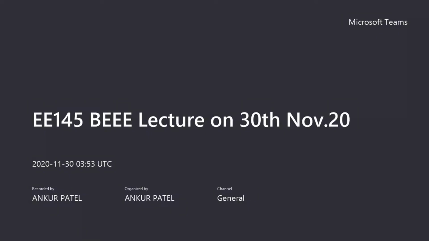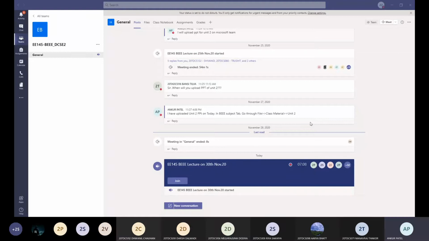We are using KVL applications for finding different currents. And in nodal analysis, we are using KCL applications for finding different node voltages. In mesh analysis, which application are we using, KVL or KCL? Yes, in mesh, KVL. That you need to remember. So by applying KVL, you will get the different currents.